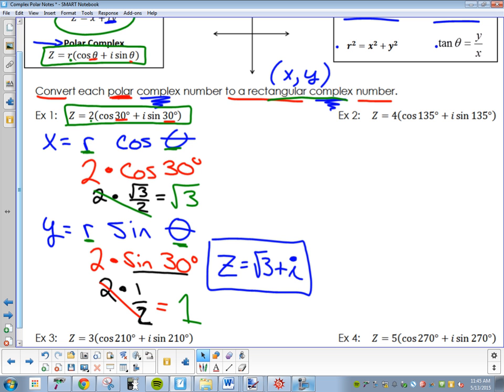Does it make sense what we did? Not very tough. It's a very similar